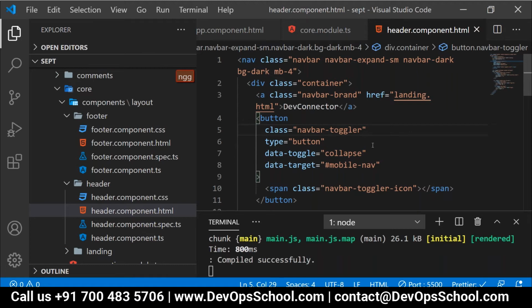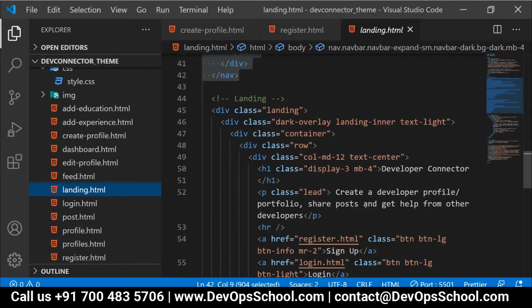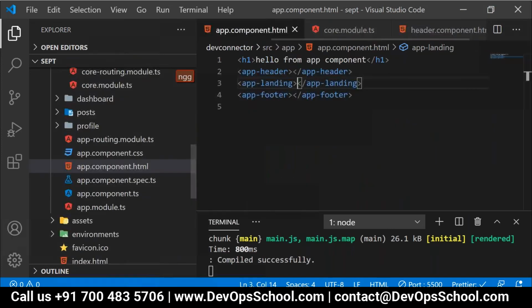Now, in the same way, Abhinandan, sorry, hello. Yes, Deepak? My browser is like, I think I have uncommented something, or I have not added those app footer and app header. What you're saying, I didn't get your point, Deepak. Actually, that app footer, app header, and all, you wrote it somewhere. I don't know where you wrote that. Inside the app component.html, Deepak, here I have done it. Okay, I'll wait for a minute. You just note it down.